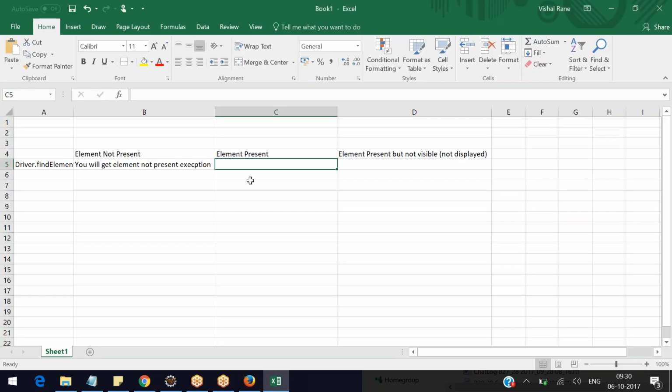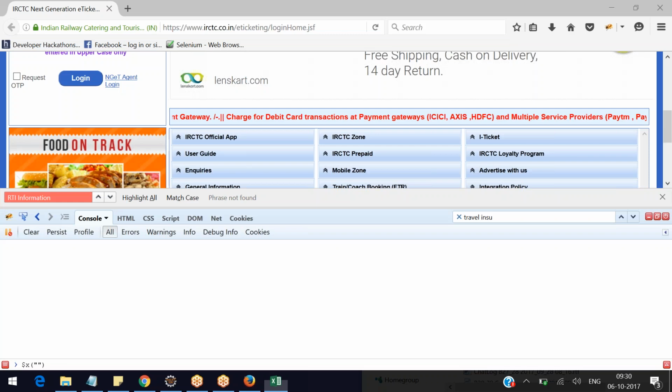No exception will be thrown. If element is present, and element present but not visible,